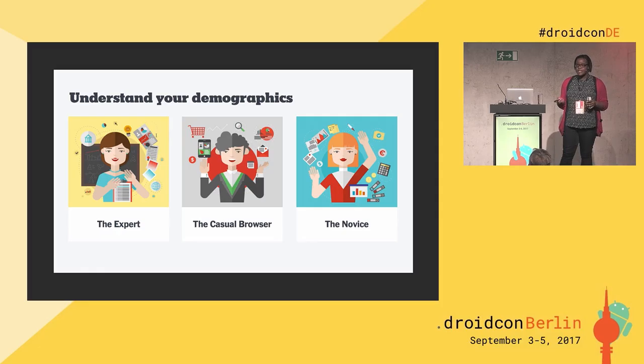Not all products lend themselves to putting people into buckets like the ones you see on the screen, but having a better sense of who is actually using your product can help you keep that user framework in mind when you then get indication of a pain point and you're trying to figure out how to solve it.